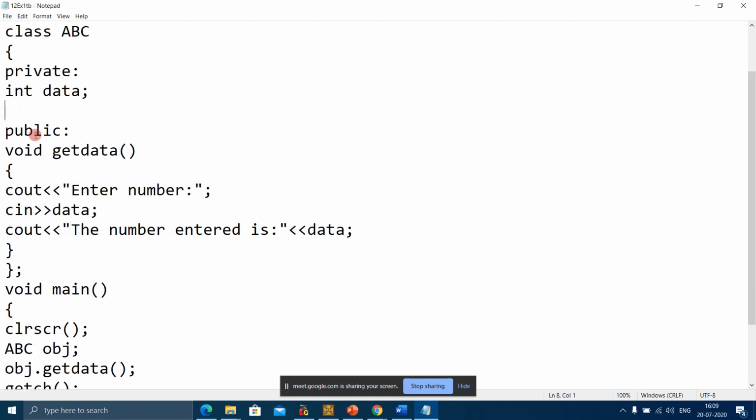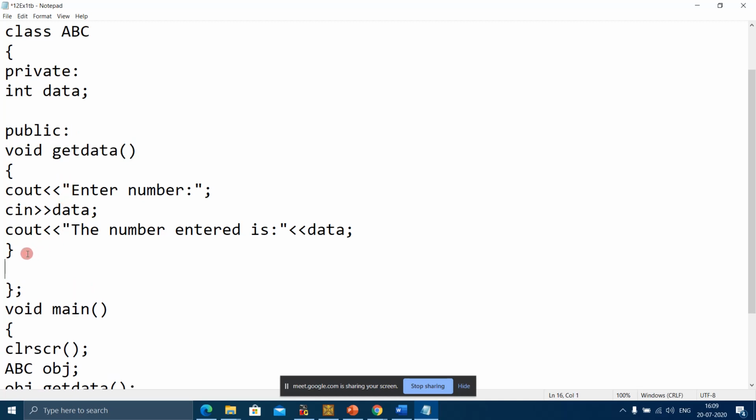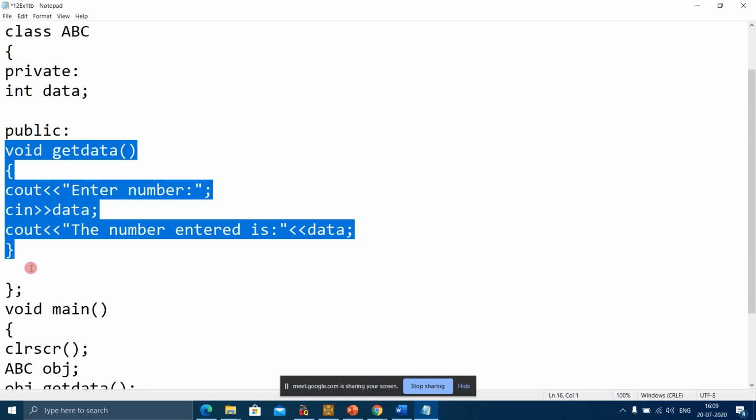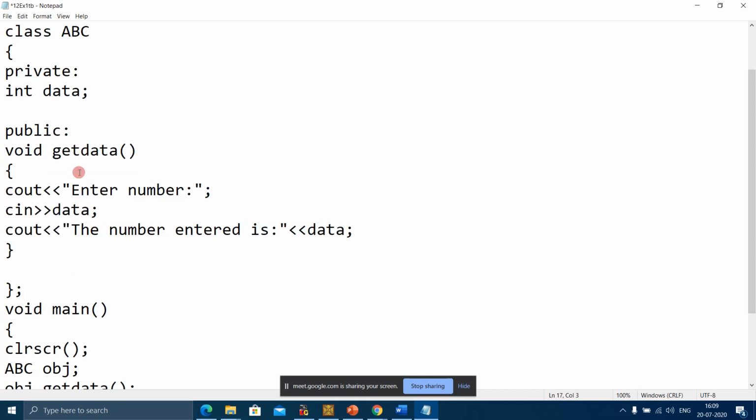Then here public, this function, as you can see, this is a function. This is declared as public, and anything after this, if I declare any function, that will also be public, because that will be under public. If you have to declare anything which is private after this, you'll have to use private colon and the function name. This I had explained in the previous lecture.